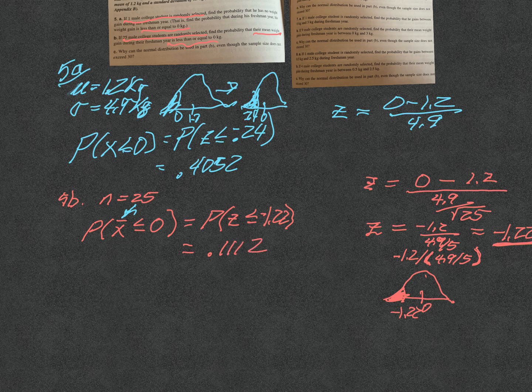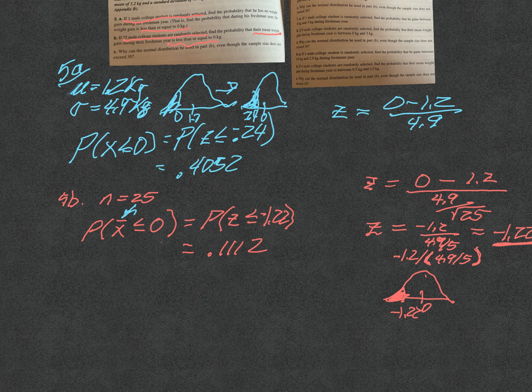0.1112. So there's only an 11% chance that the mean, the average of the 25 guys, will be that they lost weight. Whereas before, the chance of getting one guy who lost weight was 40%. So you can see the difference here. We're comparing means, okay? And so now we go to 5C, and it says, why can a normal distribution be used